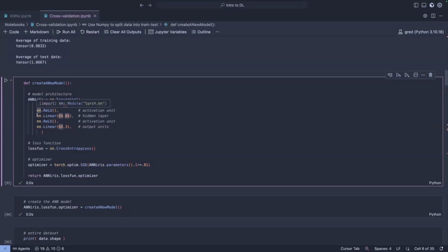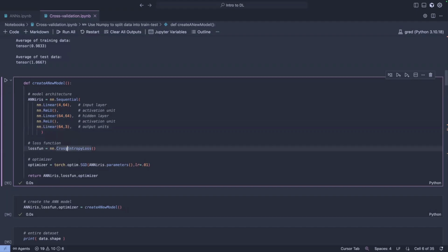Then that's the second hidden layer, which takes as input 64, which is the same as the output of the previous hidden layer. These have to be the same number. And then it's also outputting 64. Now this is the output layer, which takes 64 as input, the output of the previous hidden layer, and it outputs 3 values because we have 3 classes. So we'd like to predict a probability for each one of those classes.